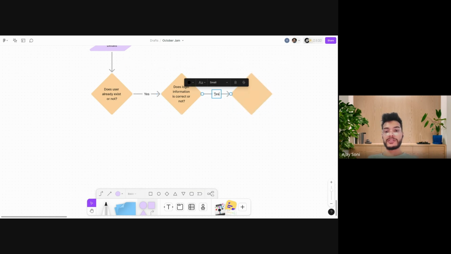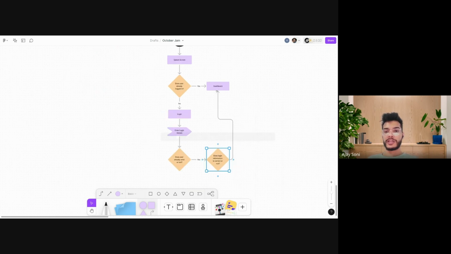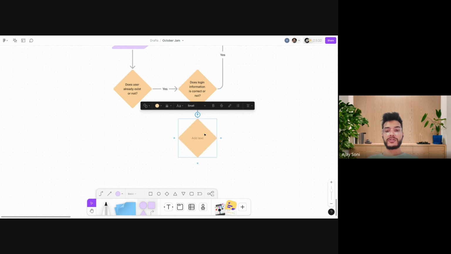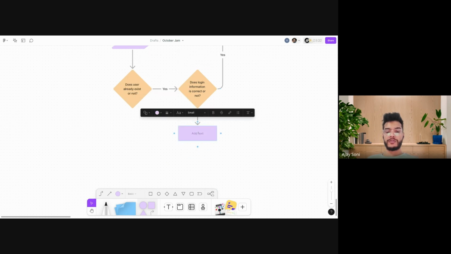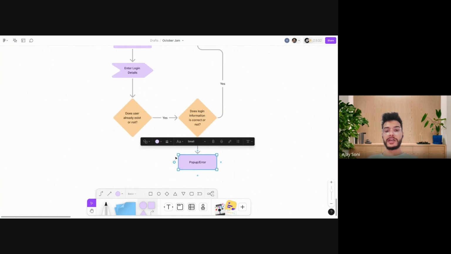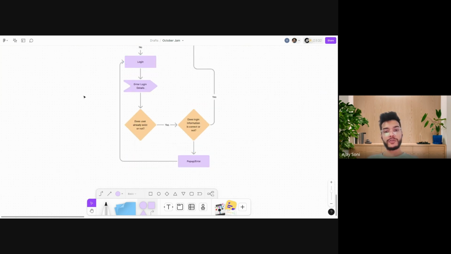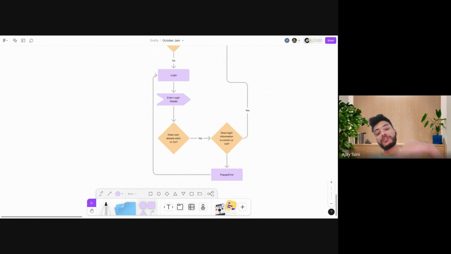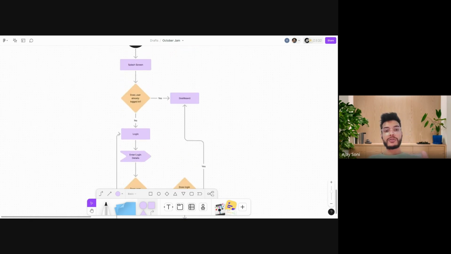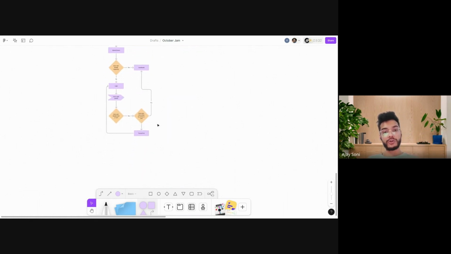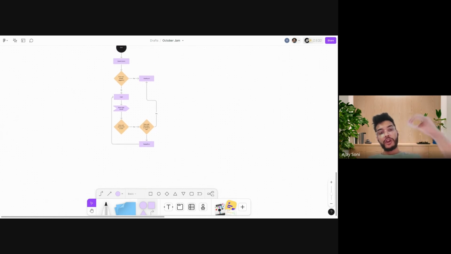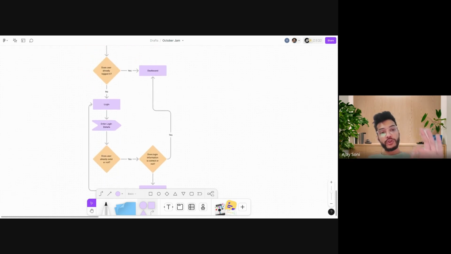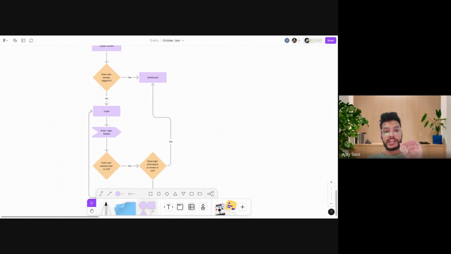If, let's say yes, it is going to take us to the dashboard. If it is not, what we are going to get is, let's say, a pop-up or an error message, and it will again take us to the login page only. Of course, if incorrect information, we are going back to our login page only. Cool. Now similarly, let's say after doing a lot of things, everything from login or splash screen to placing an order, this is how you guys can use the user data flow chart.